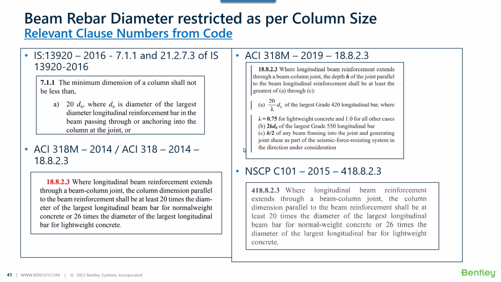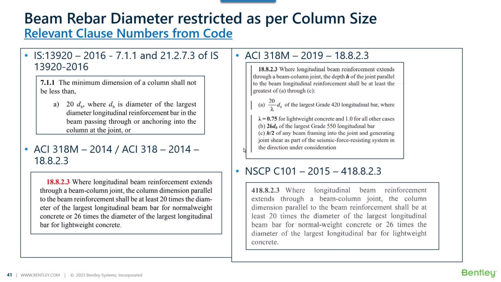Now, the analysis model is already prepared by us before we take it for designing it ahead. So it is very clear that we have fixed on the column sizes as well as the beam sizes. And hence to change the column size with respect to the beam diameter is not a good option. So in order to consider this clause, what RCDC does is it considers that the column sizes available from the